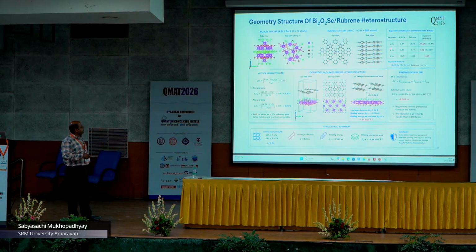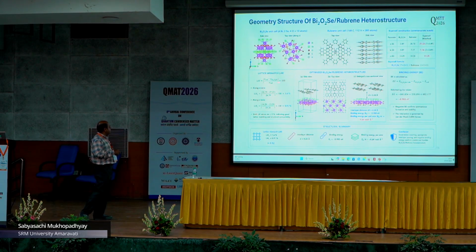For the supercell parameter, we find it comes around 3.98 angstrom for the inorganic, and for the organic rubrene it is 2.26, so it will be a little bit higher. So what we did was extend the inorganic material over the rubrene surface. Then B and C are almost matching, but we have to increase it 2 times, and here it is 12 and then 14, so we don't pay much attention to it. Now after formation of this, when we make a heterostructure, what is important is the lattice parameter match, which we have to find out.